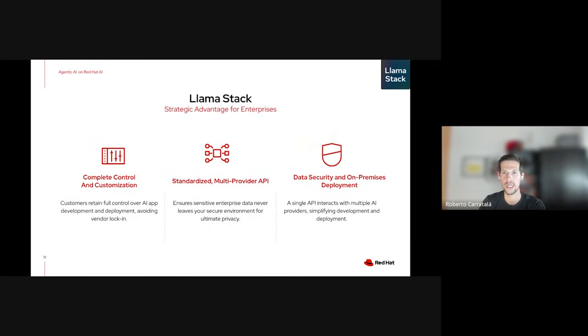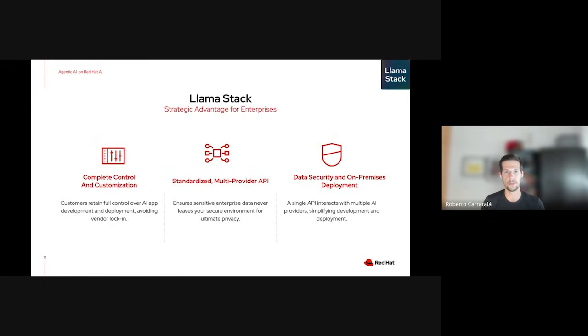Llama Stack provides enterprises with a strategic advantage by offering a highly flexible and customizable platform for